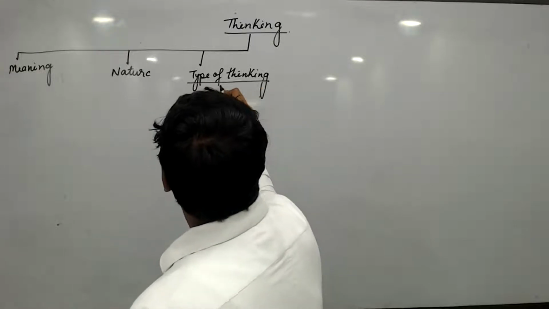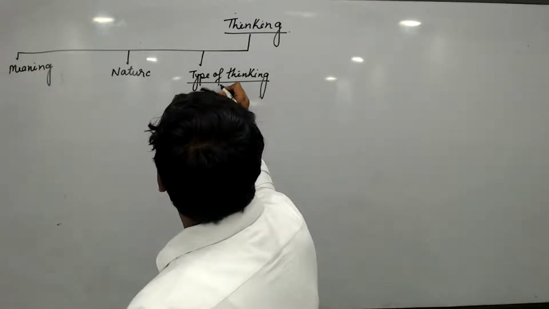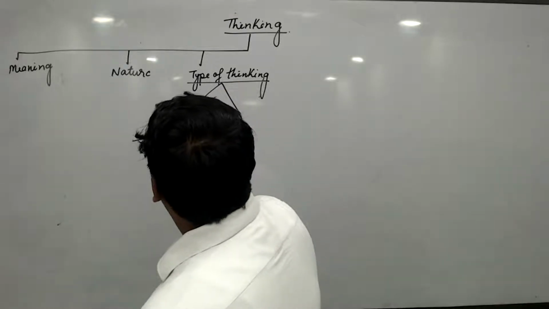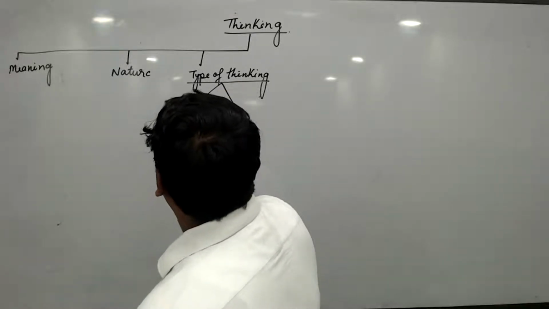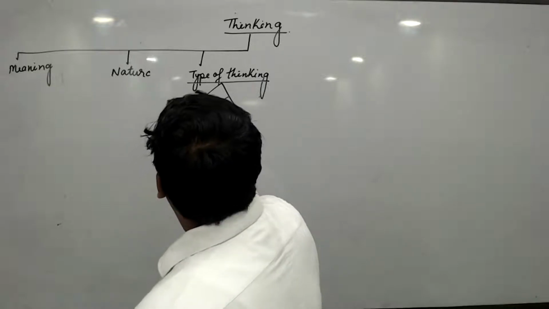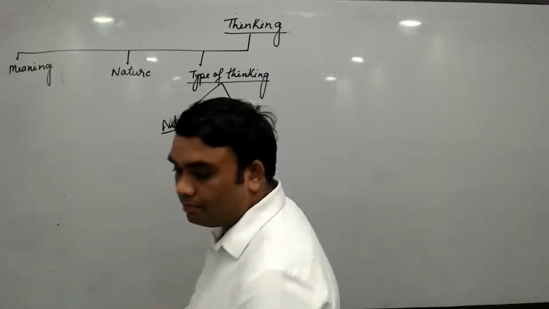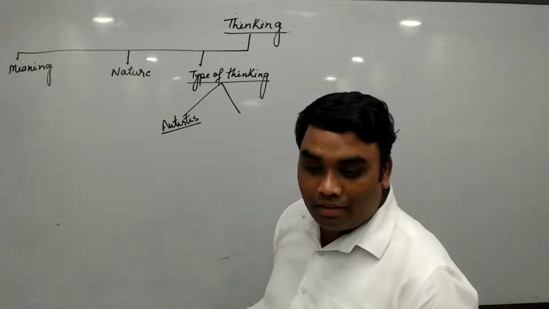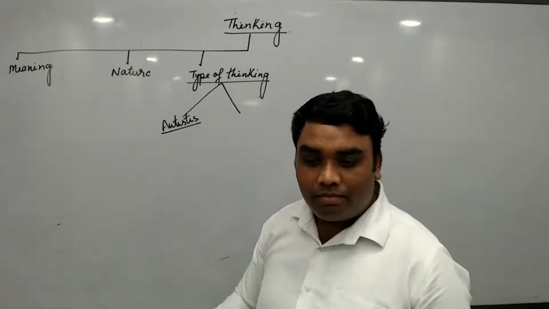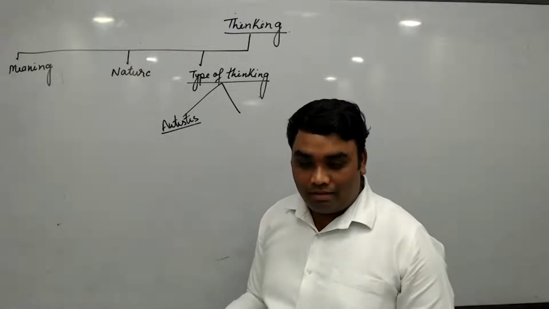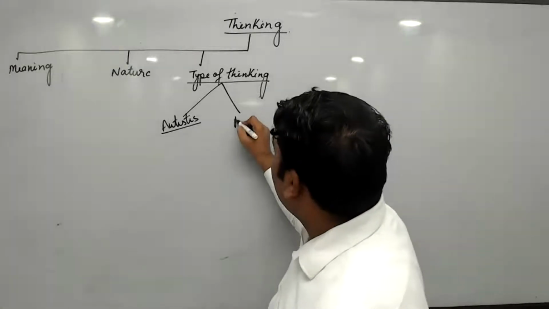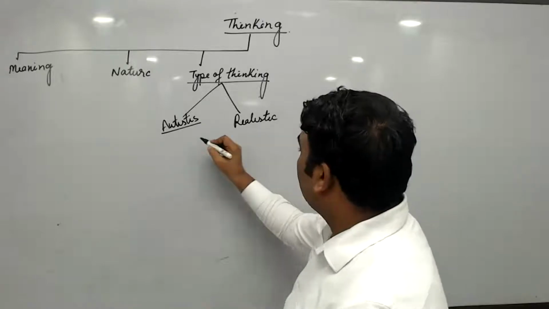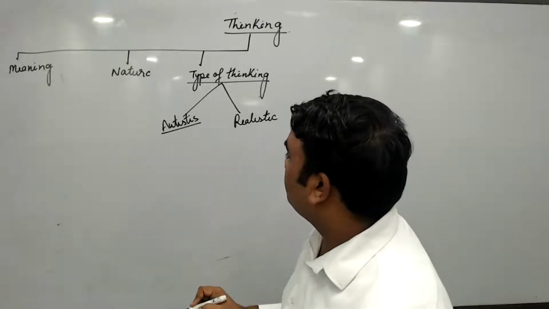types of thinking. There are basically two types of thinking. One is artistic thinking. Other is empirical, that is, realistic thinking. So there is the difference between artistic